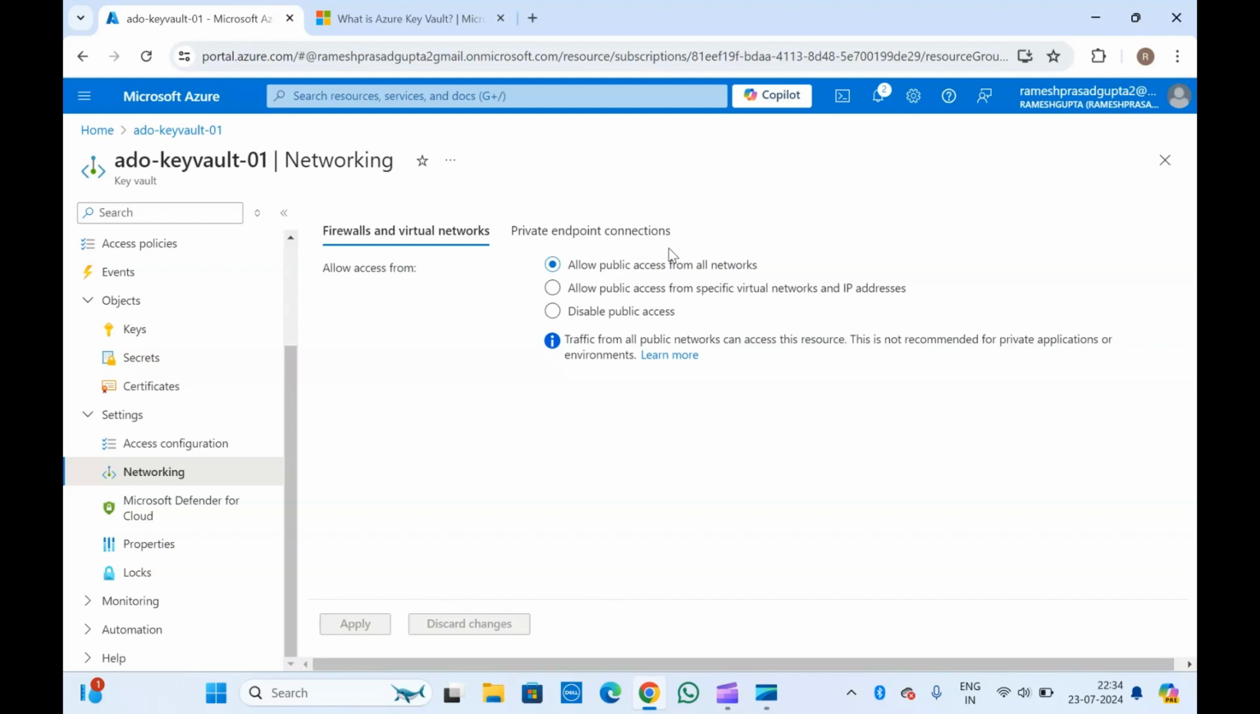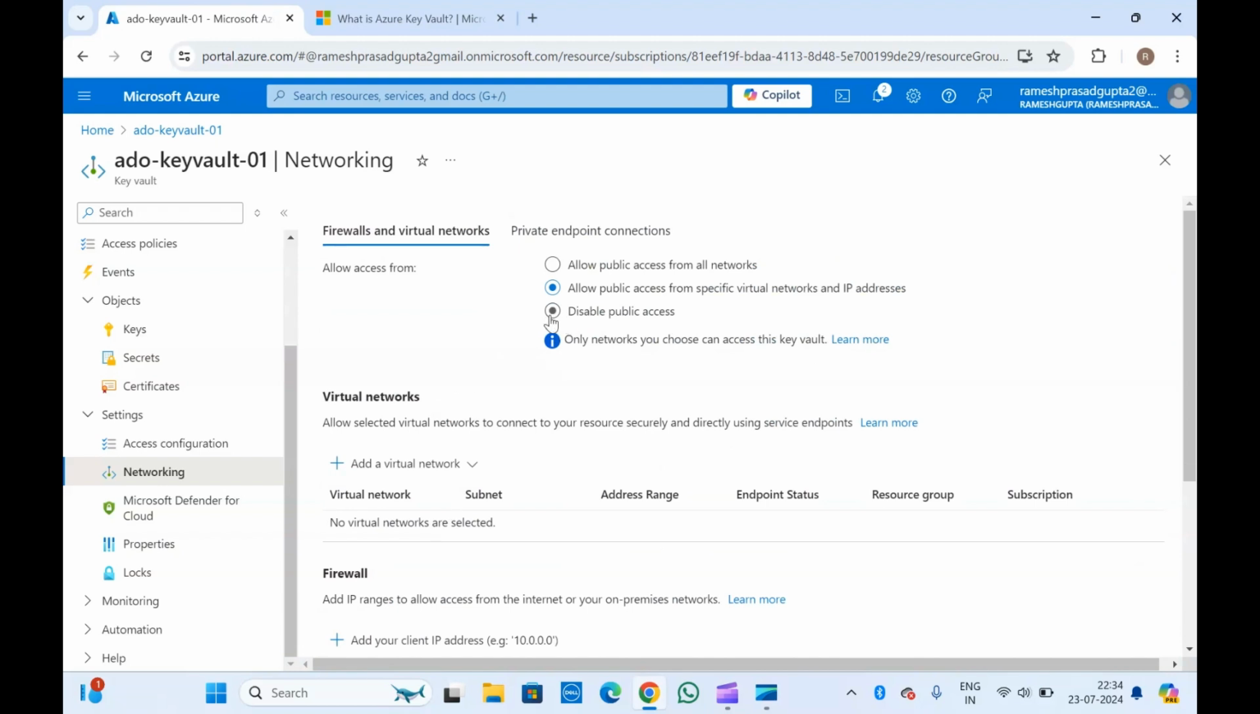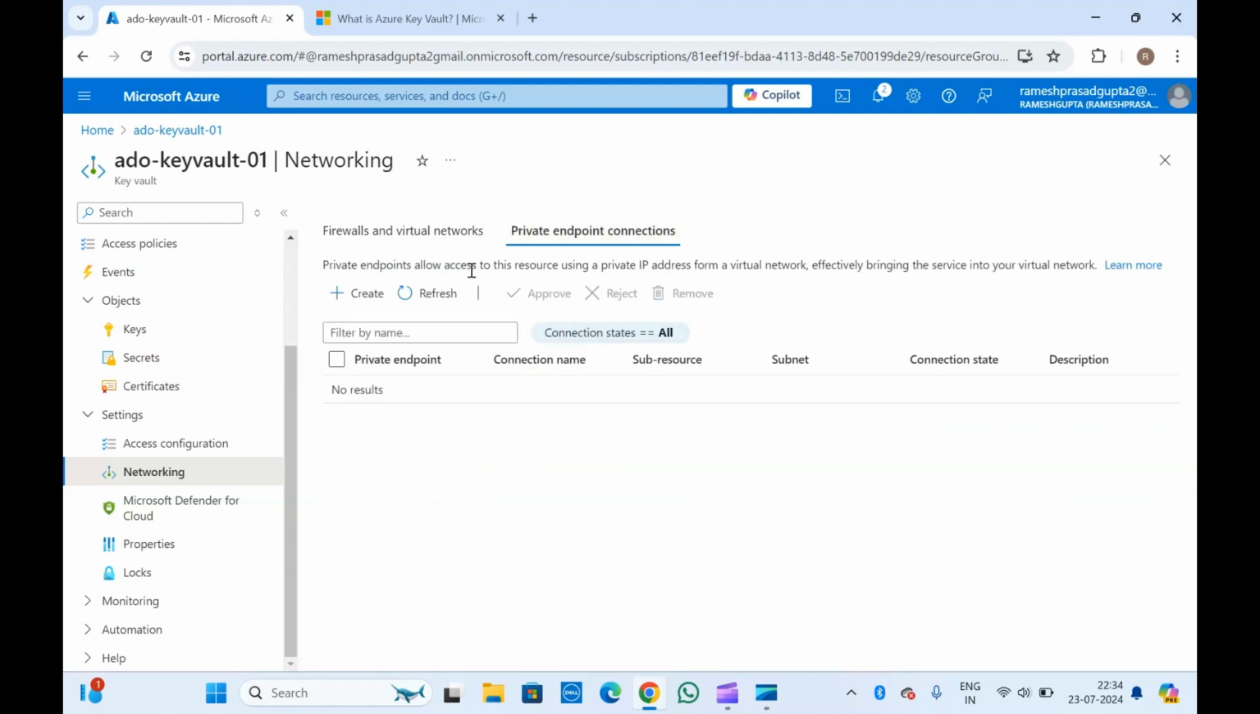If you want allow public access, select the first. If you want the public access from a specific virtual network and IP address, you can select this as well. Okay, if you want to disable public access, then you will have to disable it. If you have disabled the public access, you will have to go here and create the private endpoint as well. Otherwise, this key vault will not be accessible from anywhere. If you have disabled the public access and you want to access this from your virtual network, you will have to create the private endpoint. Okay,